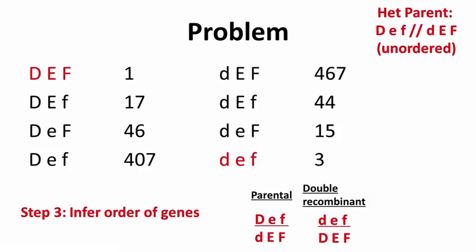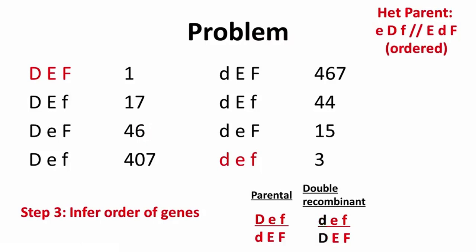And if you look at the top row, little e and little f are together in the parental and in the double recombinant. D is different. On the bottom side, we have big E and big F, but we see the D's are not in the same orientation. What that suggests, since this is a double recombinant, is that D must be in the middle, because in order to go from the parental to the double recombinant, you need two recombination events. Okay? So since D is the oddball, D is the one that is not in the same phase as the other two,